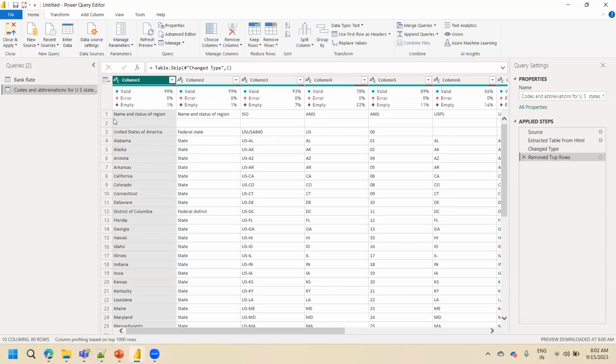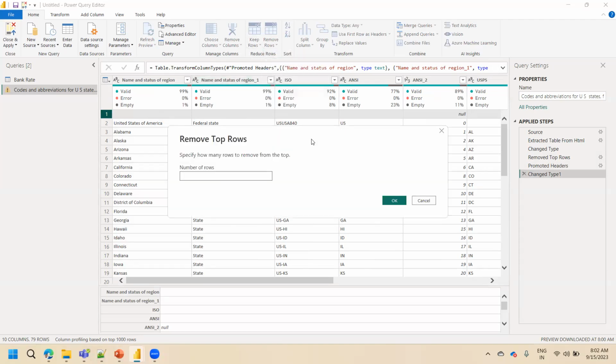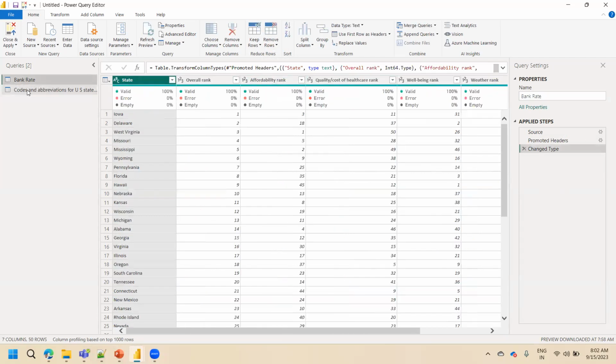Now I want to promote the first row as a column header. I'm promoting the first row as a column header, and the earlier row is not useful for my analysis. Remove this. So these are the transformations that I have performed, and these are the right column headers. Now you can tell me, by observing these two data sets,